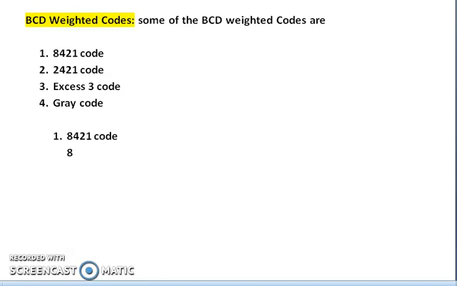What is the 8? 8 means 2 power 3, and 4 means 2 power 2, and 2 means 2 power 1, and 1 means 2 power 0. So that is the code format.